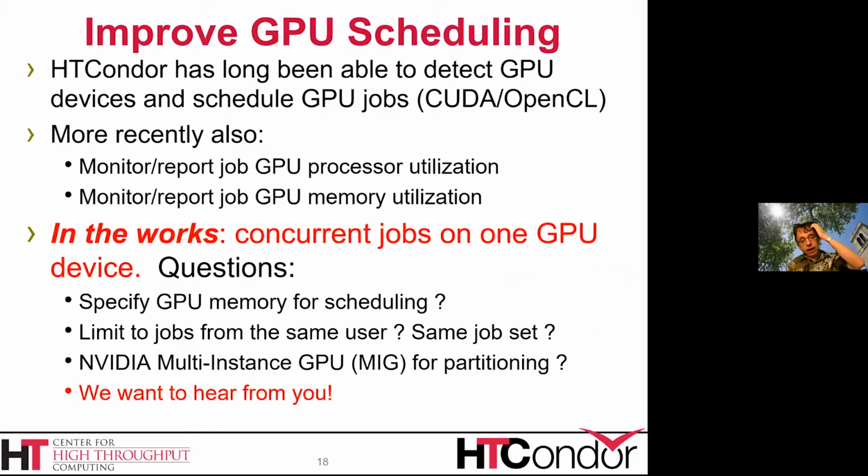because a lot of our collaborators are finding that GPU devices have capacity left over if they're just running one job. So why not pack in more jobs? But we have questions about how to do this. Should we ask users to specify the GPU memory required by their job for scheduling purposes? Should we limit the jobs that we run on the same GPU device to be from the same user,